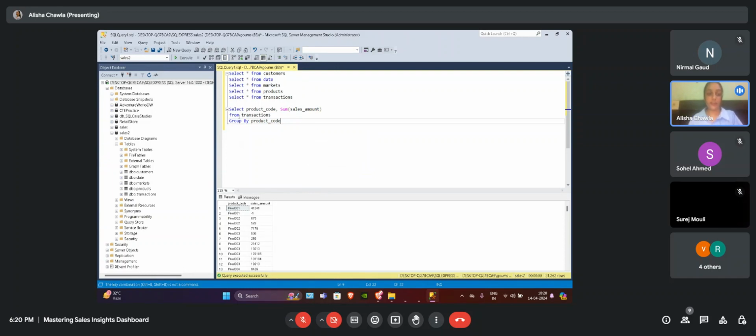So we are asking SQL to give us product code, for example prod 001, and in total what sales it has. It will group by the product code in a single row and give us the total amount of product 1.